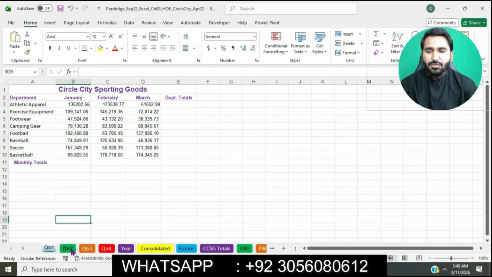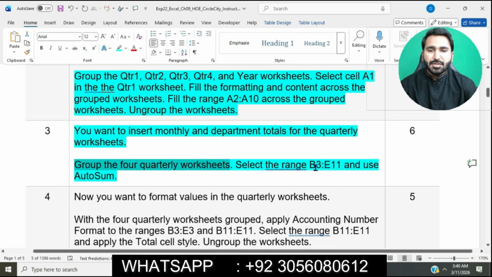QTR1, press Ctrl, select the next 3 worksheets, QTR2, QTR3, QTR4. These 4 quarterly worksheets are grouped. Select the range B3 to E11 and use auto sum. We will select this range B3 to E11